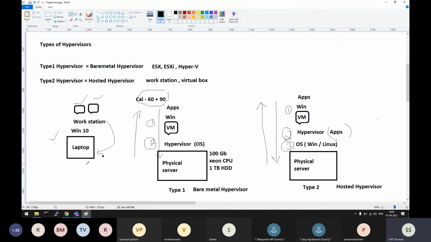You need some other operating system like Windows 7, Windows 10, like that.